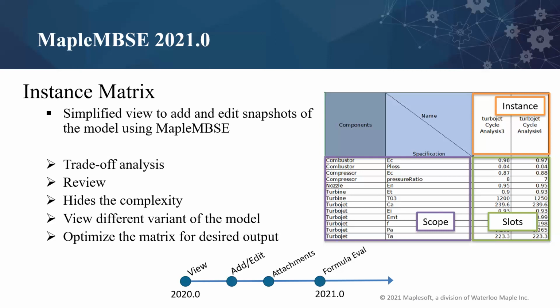So all the subcomponents, including the top level component, and what are their value properties. Again, you can control what information is going to be displayed here in the rows. And in the intersecting cells, within the matrix, we are going to see the slots and their values for their respective blocks and the value properties defined here in the scope.